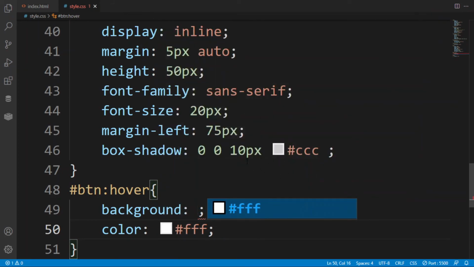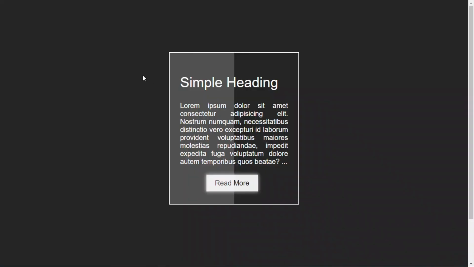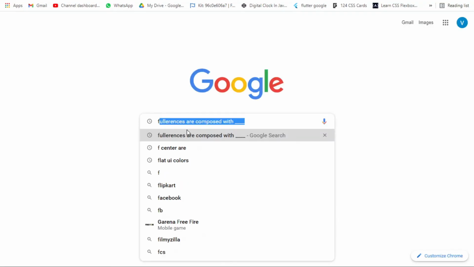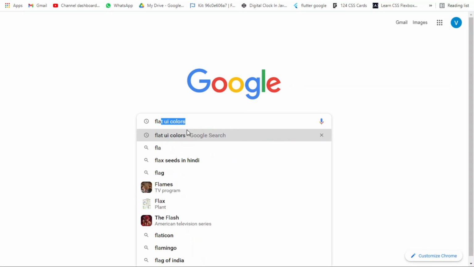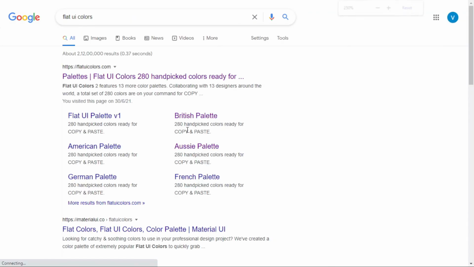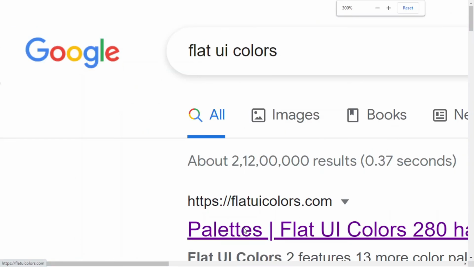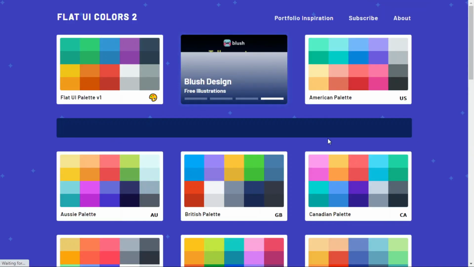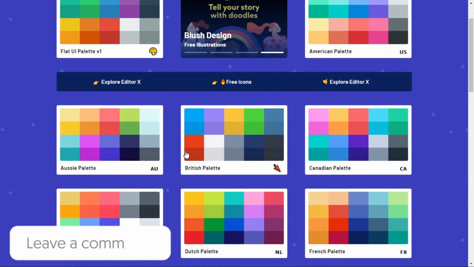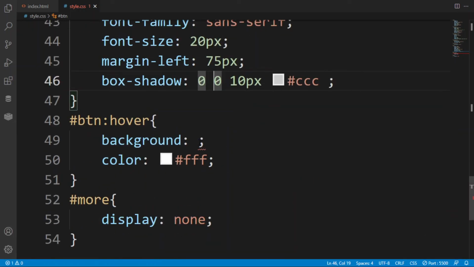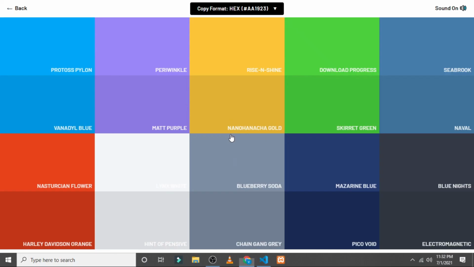Here color is white. Now for having the background, in a new tab, search for flat UI colors. When you have searched it, the first website is the one you have to visit. So this is the website. Here you can select any card or color of your own choice. So here I have copied this and pasted it in the background. So after saving it,